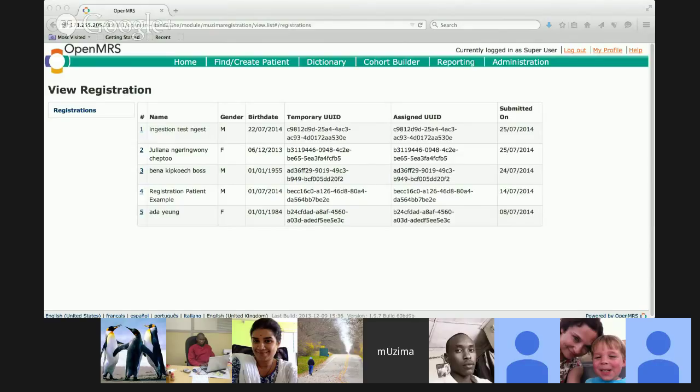So in which scenario would the temporary UID and assigned UID be different? It's always going to be different, most likely. Yes, because the temporary UUID is generated by the device and the OpenMRS UUID is generated by the server. Yeah, but why are they the same here then, if you say they're usually different? The handler has a bug, I think. Okay, now I understand. Yeah, that's my assumption, that they should be different. Okay, I see. Got it.